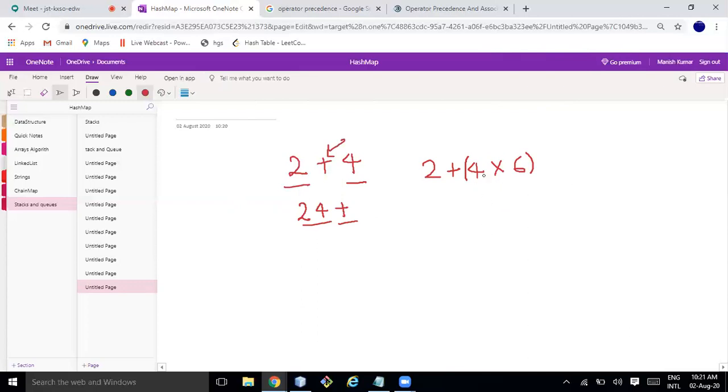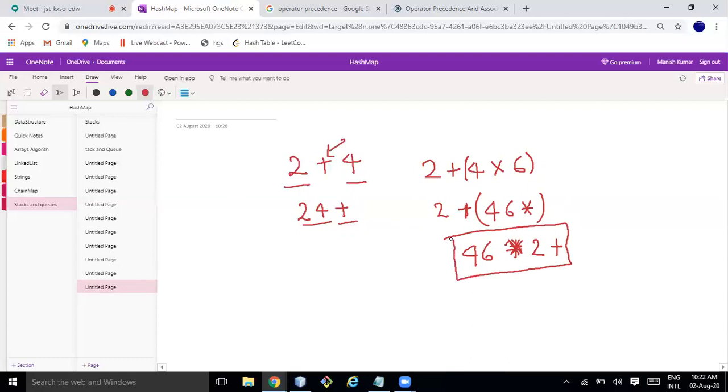Then first you convert this into postfix: 4 6 into, so this is one operand, plus there is one more operand 2. Again, you can convert it into 4 6 into 2 plus. Okay, so this is called postfix expression. Make sense?